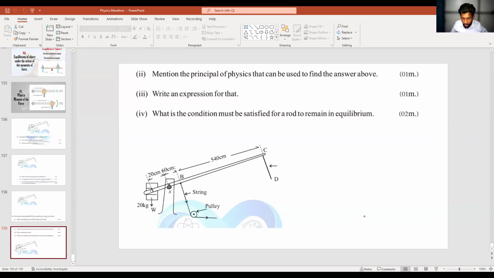So in the next class we will be starting the chemistry marathon for the grade 10 first term and the second term. After completing the chemistry, we will be doing the biology part, my dear.